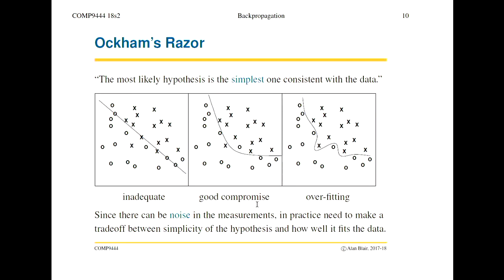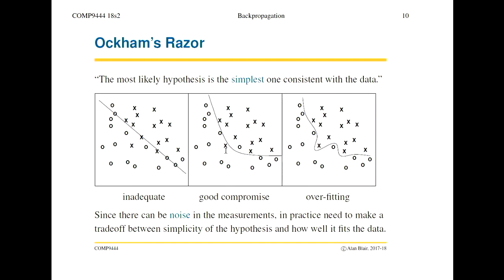And then the task here is to try to predict how new points would be classified. So again, we could use a straight line, in which case it's very simple, but we're getting some of these training data items wrong. At the other extreme, we could draw some very windy curve that classifies all these training items correctly. Or we could go somewhere in the middle. So this curve makes a good compromise.